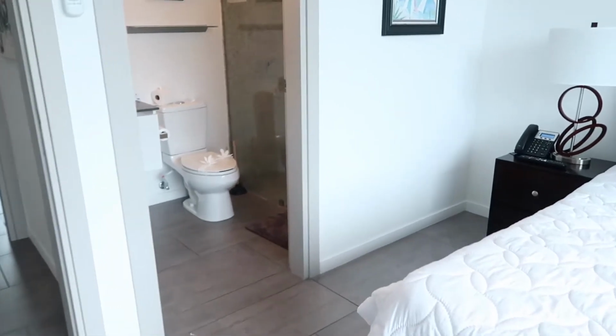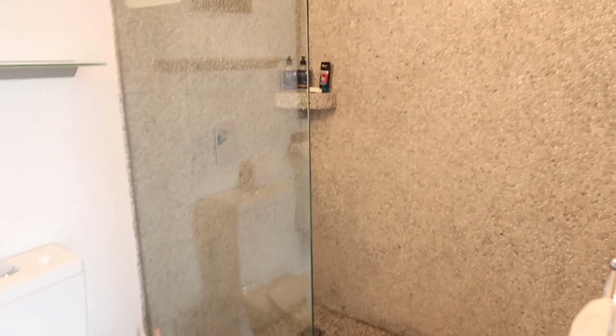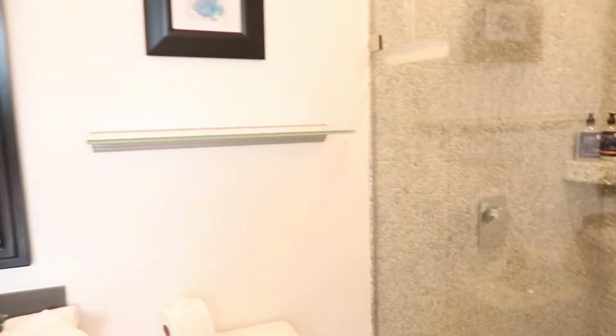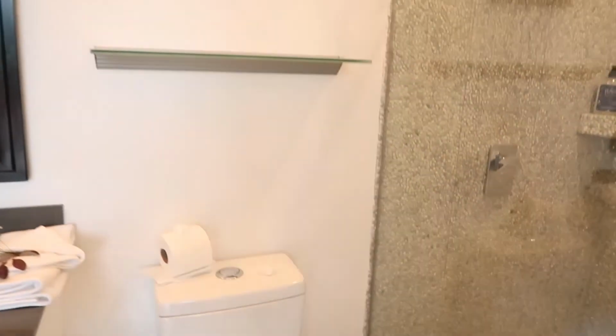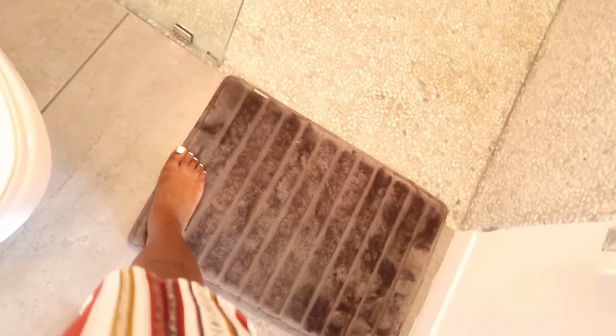This looks like, and we have a bathroom in here. So this is the bathroom on this side of town. We have this nice decor as well. Oh guys, this is so cute. And this, oh my god, this is so soft. This is like the best thing about this place. This is so soft. I love it, I love it, I love it. And then we have